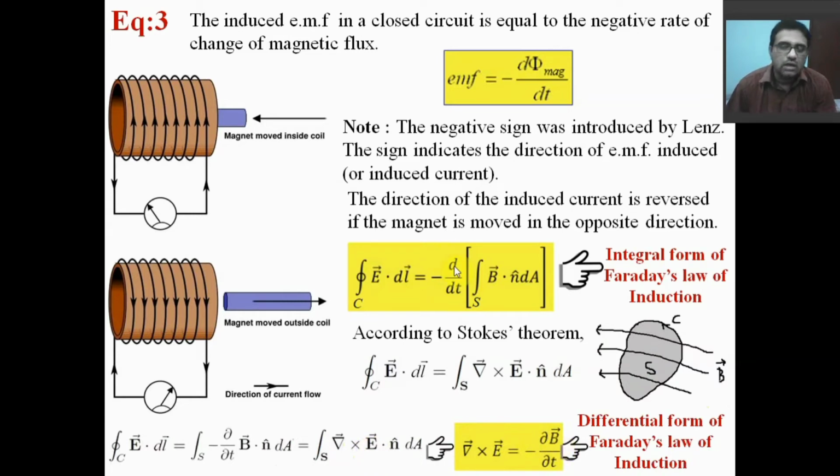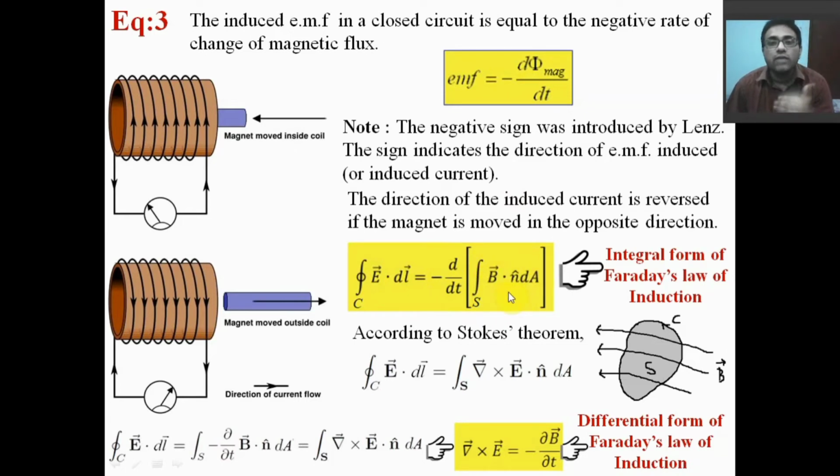Here one should ask one question: this is the exact derivative d dt, so why are you using del del t, right? Del, you know, is the partial derivative. Here this is outside of this integral. So in this integral, what is there? You have to understand this. There is the magnetic field and also the area.